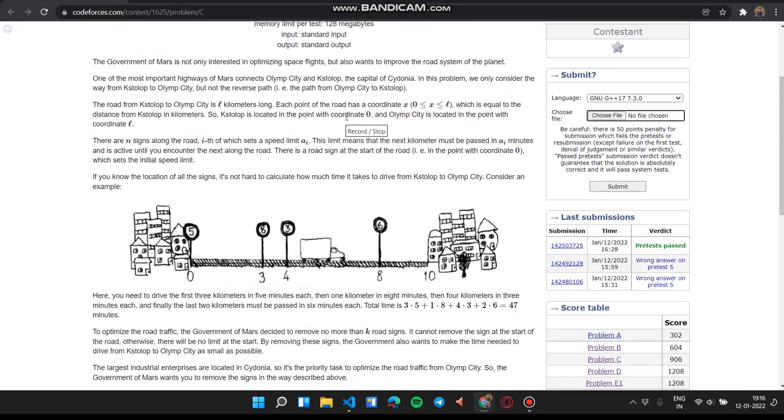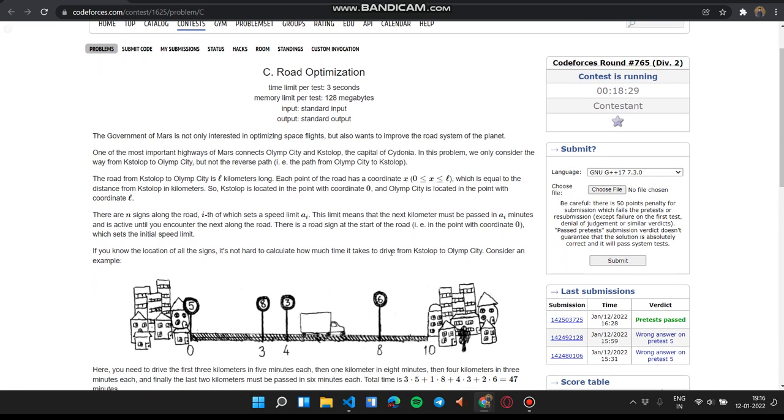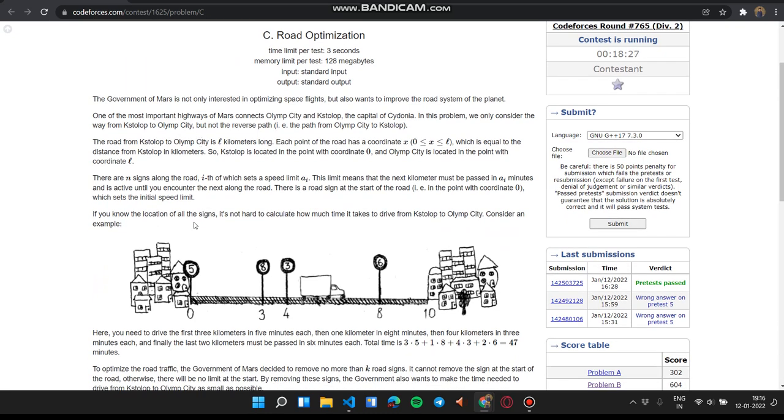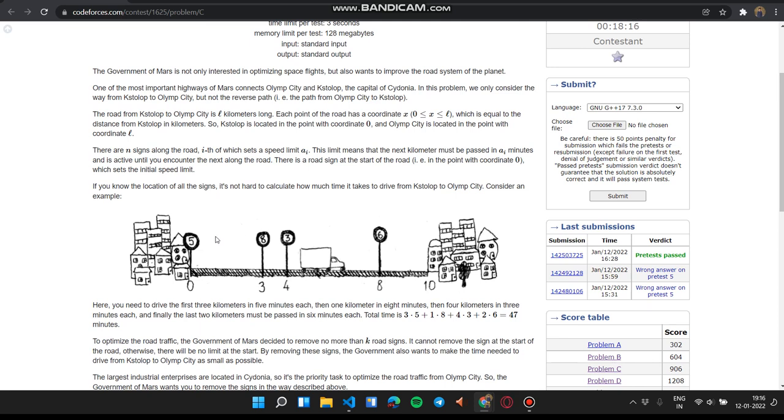So welcome everyone to the tutorial video of question number, Codeforces round 765. In this we are given a road whose length is L and it is numbered from 0 to L. And we are given n signs